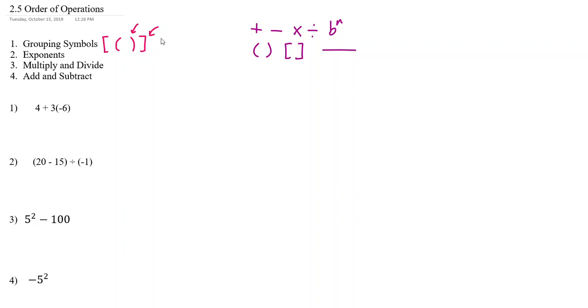But we can keep on going with brackets and parentheses, kind of alternating. And notice that the different shapes help us to think about the brackets encompassing all of that, and the parentheses encompassing from there to there. And we go from the inside